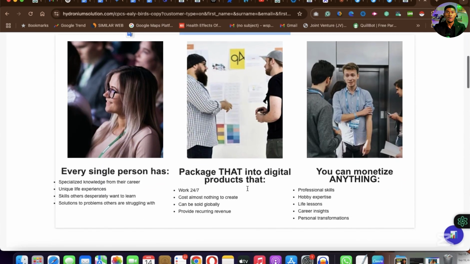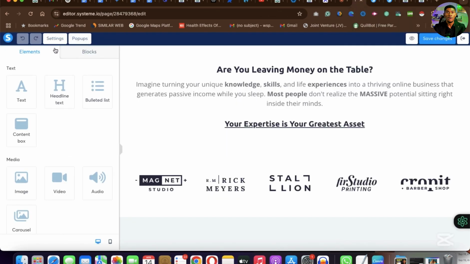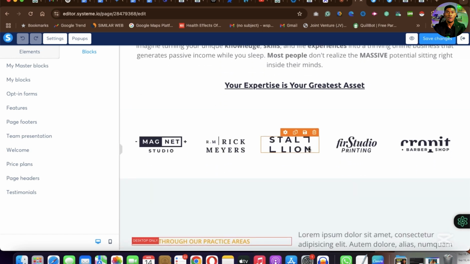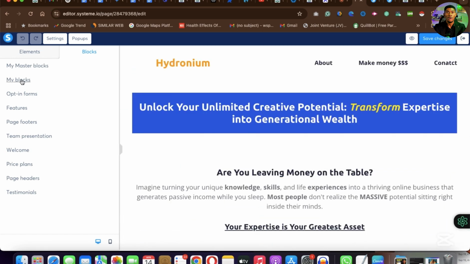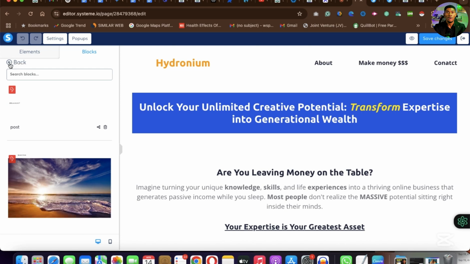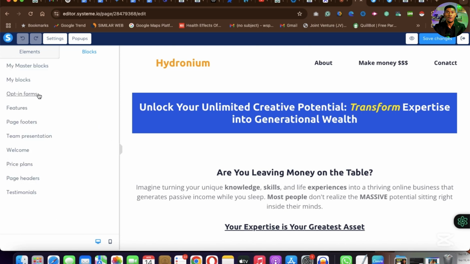You see here are the elements. This side here are the blocks. So when you click on blocks, you will see some pre-made blocks. You see elements and you see blocks. When you click on the blocks, you will see different types of blocks. Here are some of the blocks you have created yourself, if you have created any, and other blocks that are just there. So you see master blocks, my blocks, then you see